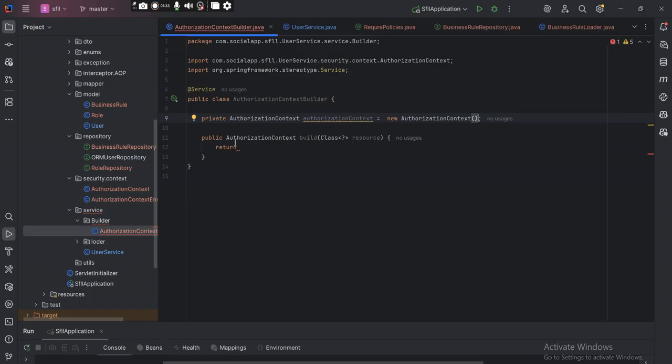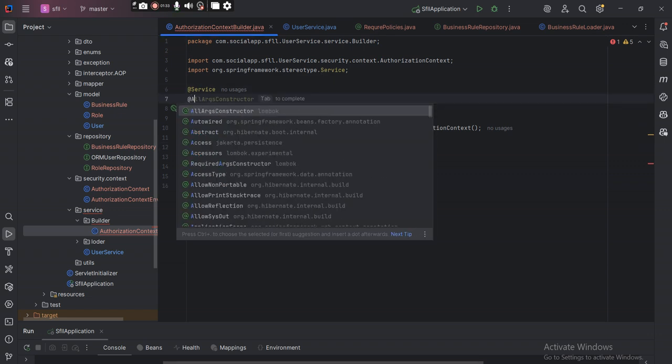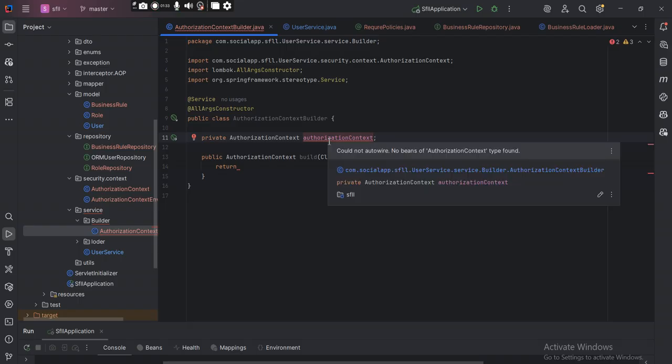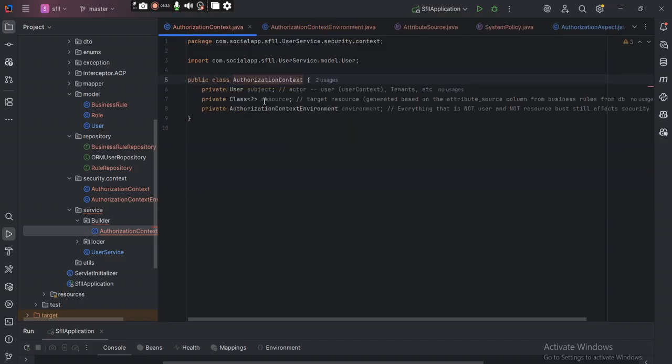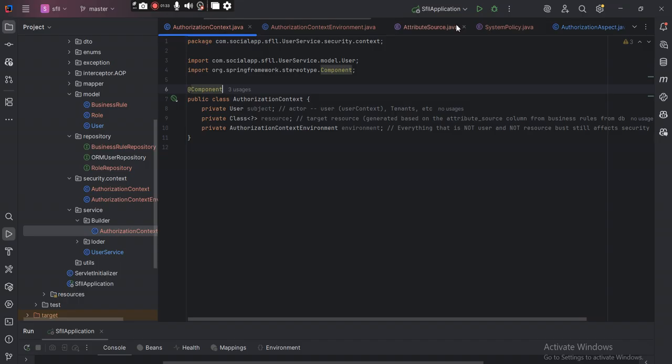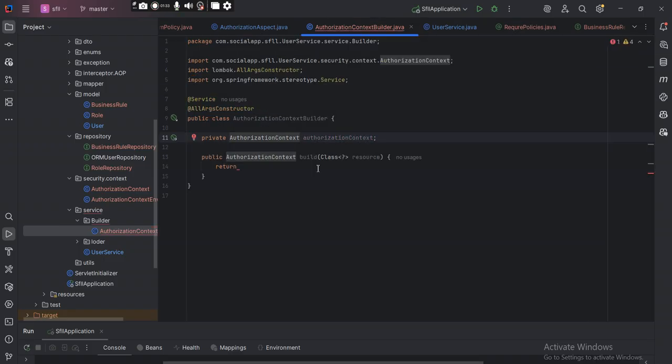We want to make it final. We should make it RBAC constructor, and that's going to eliminate the need for that. Could not autowire authorization context. I think we need to put it at component just so that we want to go to there. Let's go. And we're going to return